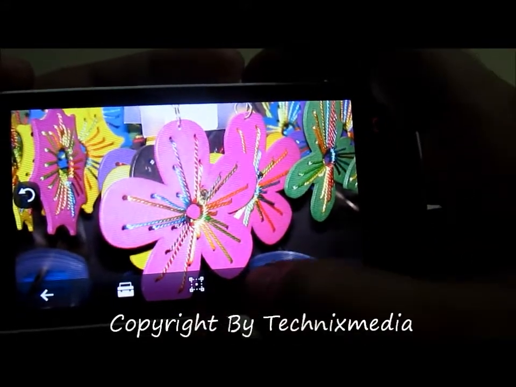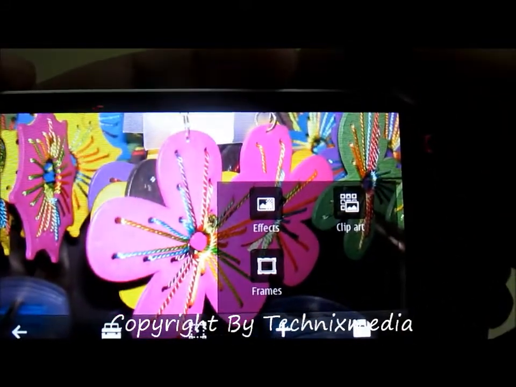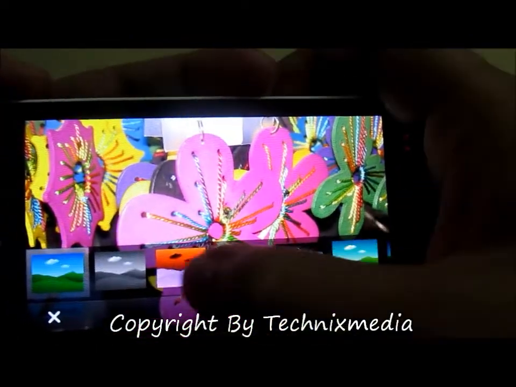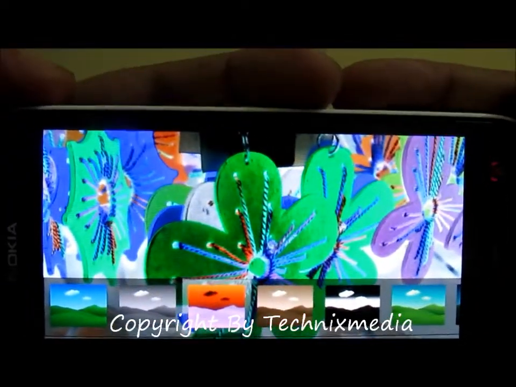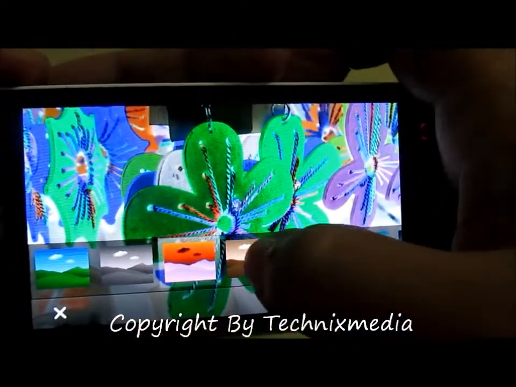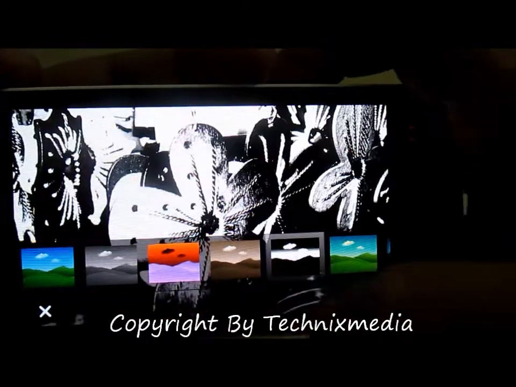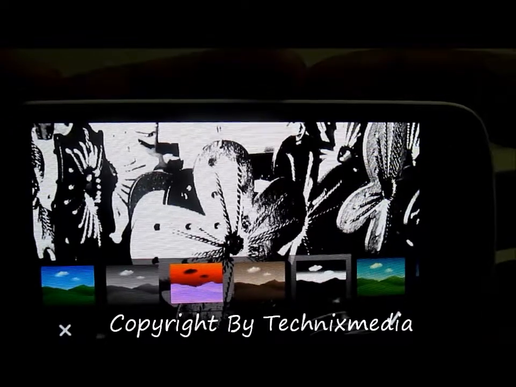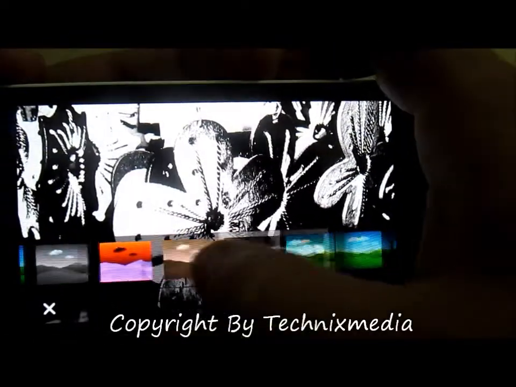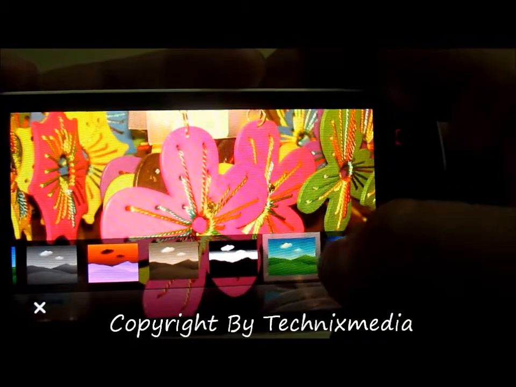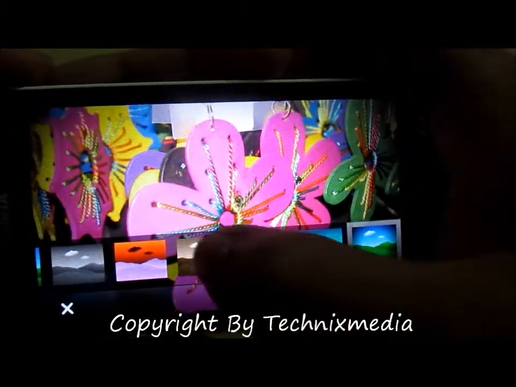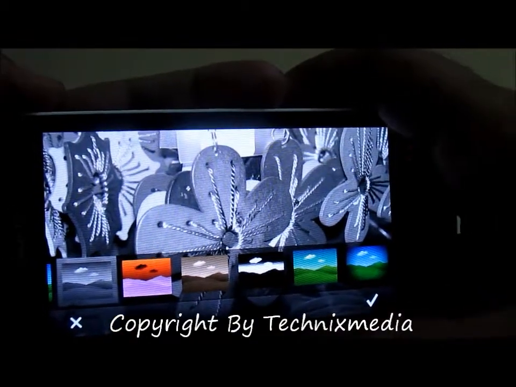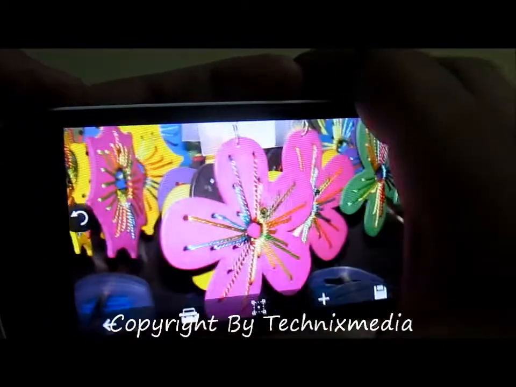And then you have other options like you can add different effects on the image. For example, you can have this image to have this color style. All these effects are applied automatically, so you can't change anything after applying an effect once you confirm it. But before you confirm it, you can always go through all the effects which you have on this phone. These are all the effects. These are like Instagram effects which you see in the Instagram application, which is quite popular these days.